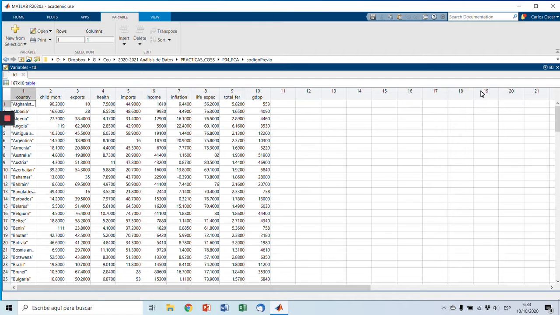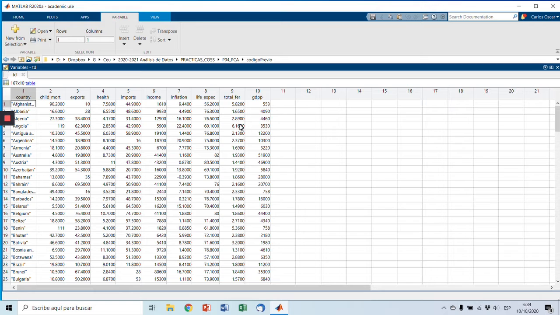This time what we have is a data set about countries, and in these countries we have recorded for each one of them child mortality in number of children per 100,000 individuals, then number of exports and imports measured in some unit, then health also measured in some scale, income, this is in dollars per year, inflation, this is the percentage of the year inflation, then life expectancy in years, total fertility, that is number of children per woman, and then the GDP per capita, so the GDP of the country divided by the number of